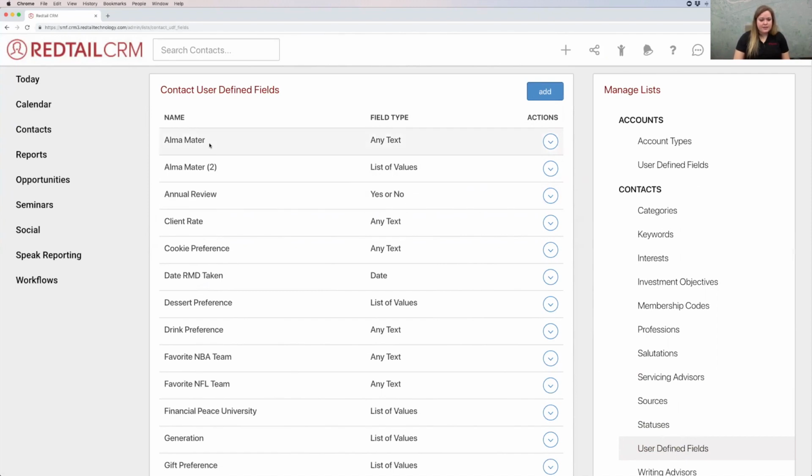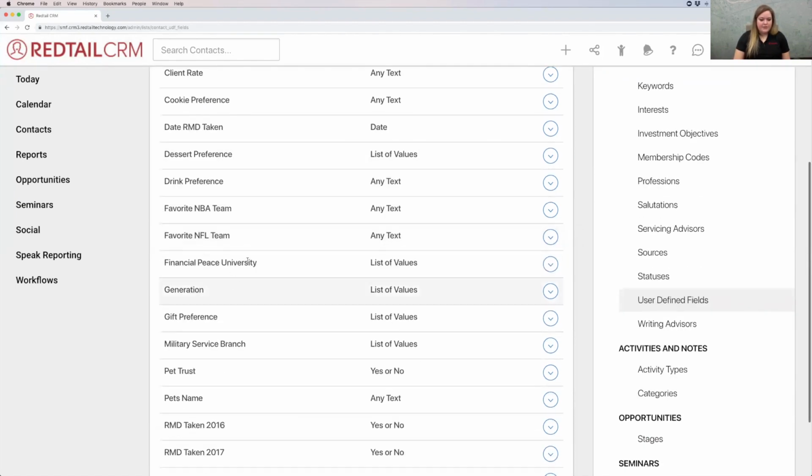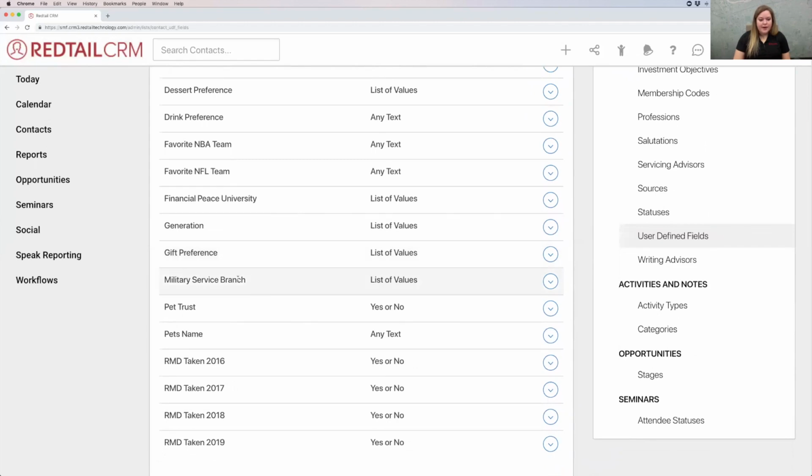So we have some suggestions: alma mater, cookie preference, some silly ones, some fun ones. We can do if they've gone through like a Dave Ramsey type program, or a military service branch is a big one, especially if your advisor served in the military. It's great to know when a client also served. And you can actually define what type of field these are too. So in the case of military service branch, if that were in any text field, if a client served in the Army, I might type in Army. But if my grandpa was typing in the value there, he would say greatest branch of the United States military,